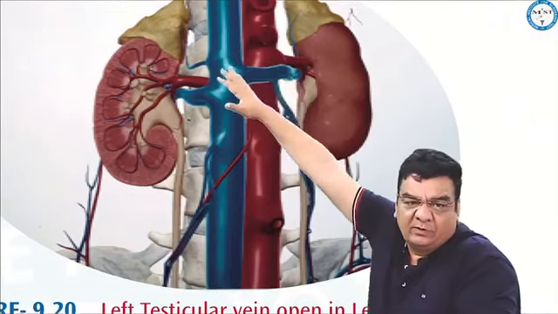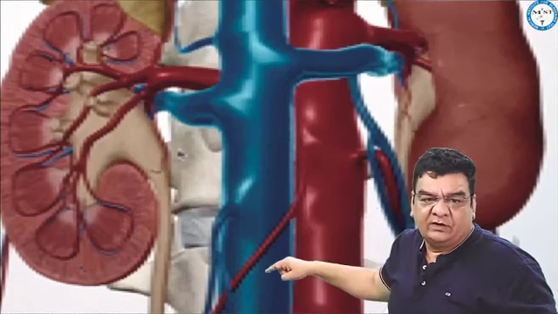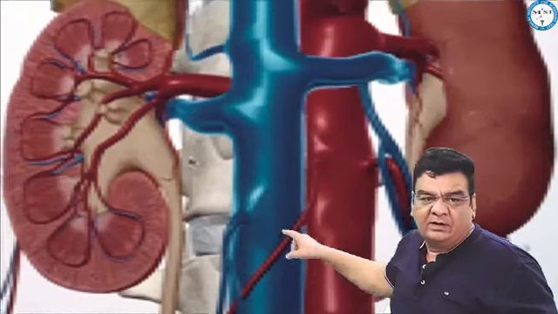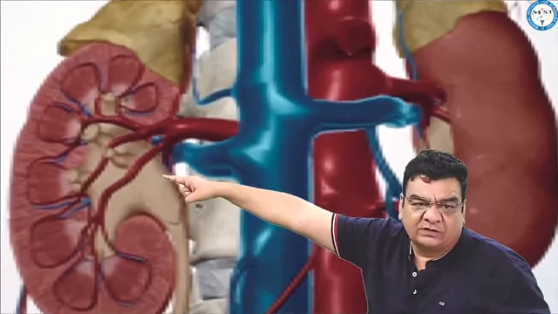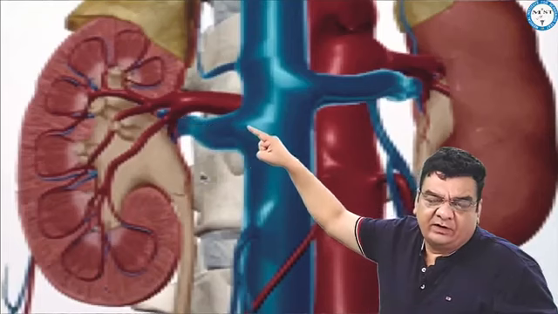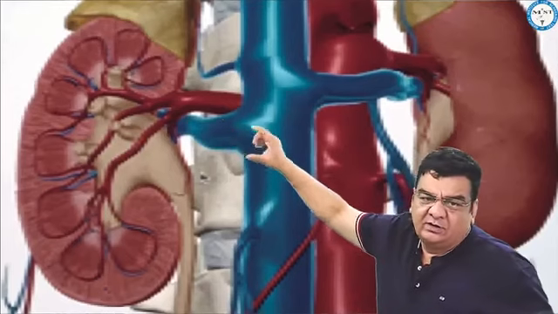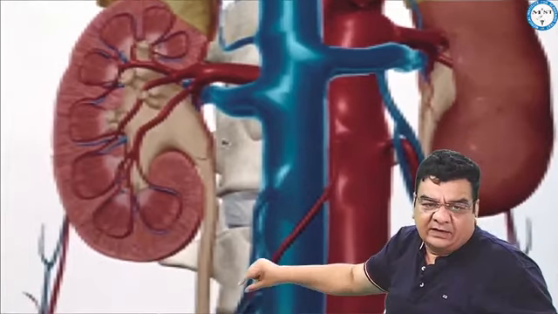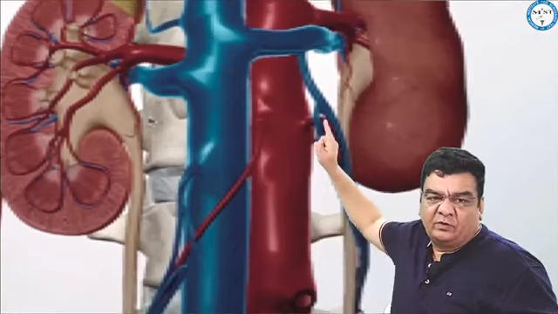This is the normal anatomy that we are seeing here. This is the inferior vena cava, which is situated slightly to the right. This is the abdominal aorta. This is the right kidney. This is the left kidney. This brown thing that you are seeing is the pelvicalyceal system and the ureter. This is the right renal vein. Because the IVC is slightly to the right, the right renal vein is short. The left renal vein is long. The right testicular vein opens directly into the inferior vena cava, but the left testicular vein opens into the left